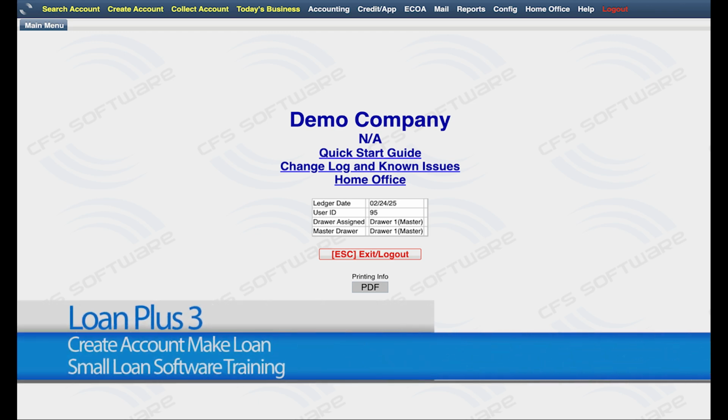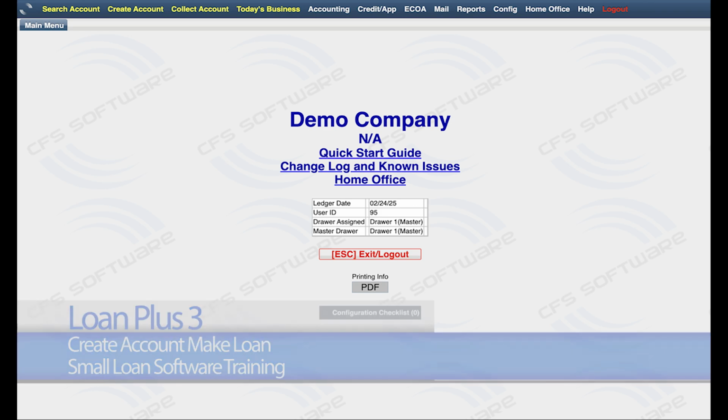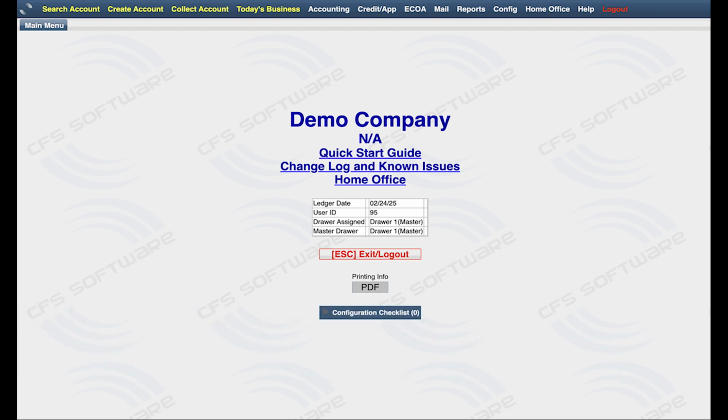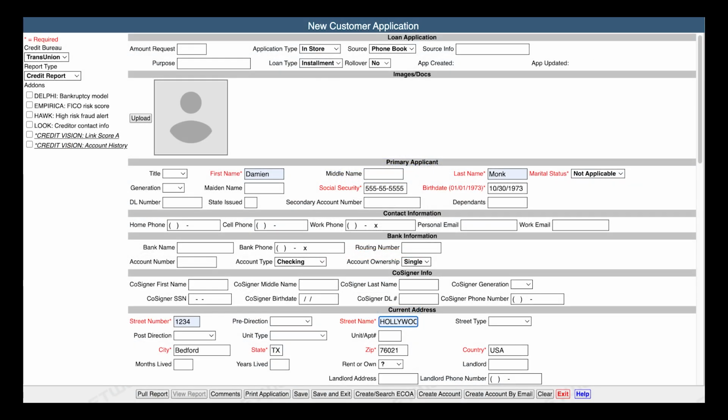This Loan Plus 3 loan management software training is to outline the next steps after a loan has been approved for an applicant and how to create the new loan. From the new loan application screen, select Create Account for in-person loan creation or Create Account by Email if your